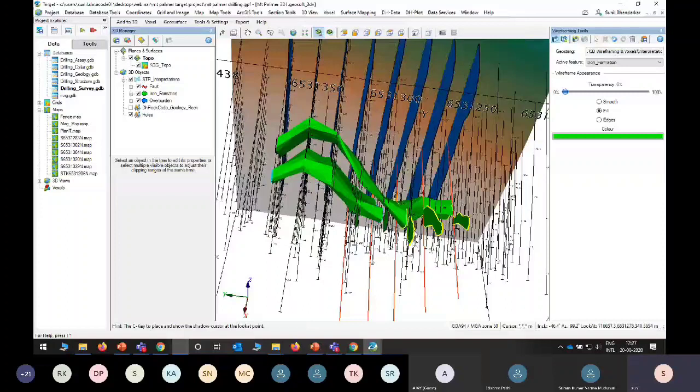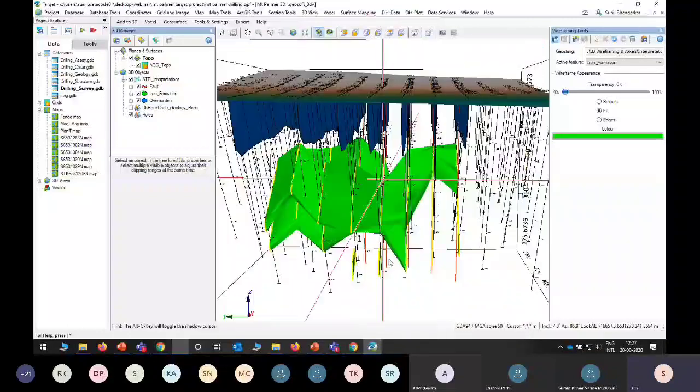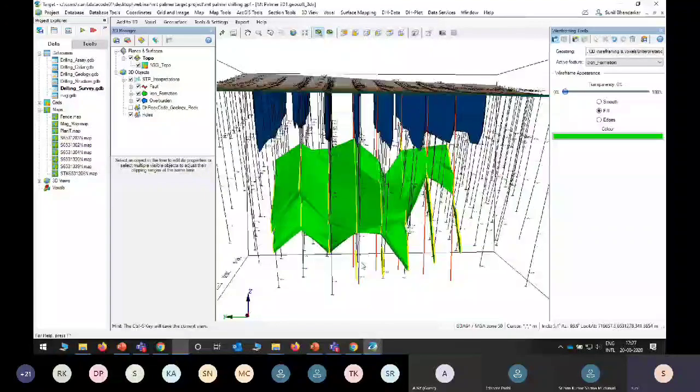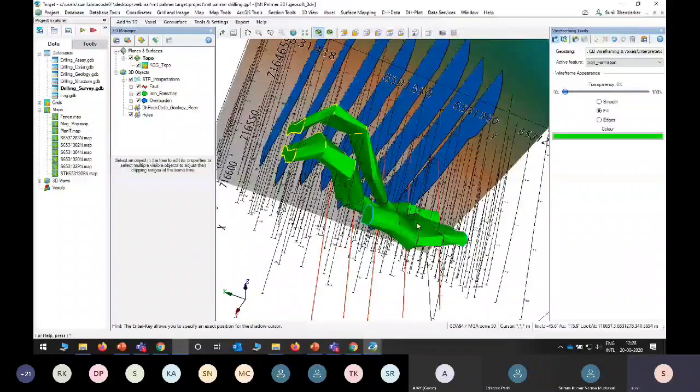Now if I add another body here, because this and this are separate ones, I have to look at all the directions. So this might be a different one. Just select the yellow surface and you can see your body, and here you can draw like this. So accordingly we need to draw a 3D model of that geology.